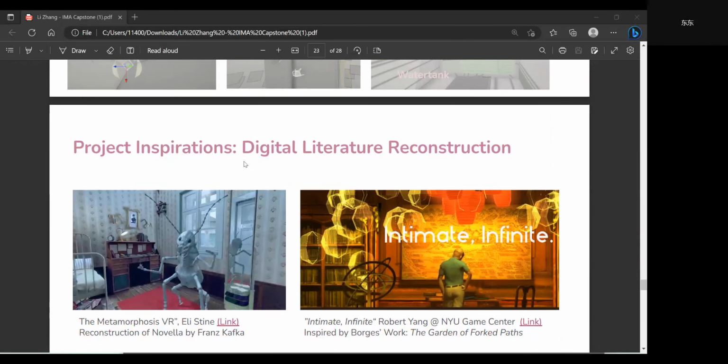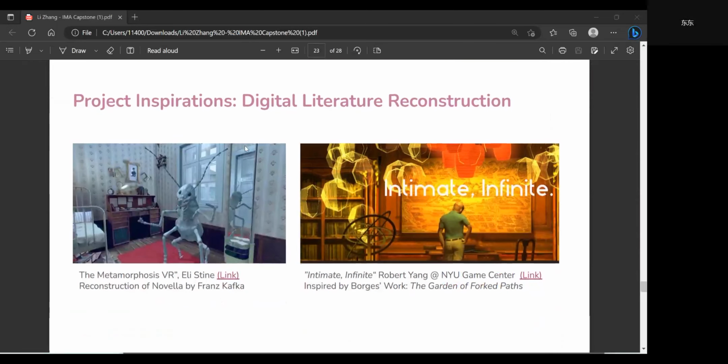Also, I want to talk about how I have gotten some inspiration from VR projects that take inspiration from literature and novels. For example, this one from Kafka, and also one by Professor Robert Young from NYU Game Center. He utilized The Garden of Forking Paths to discuss topics about LGBT groups and the issues existing among them.